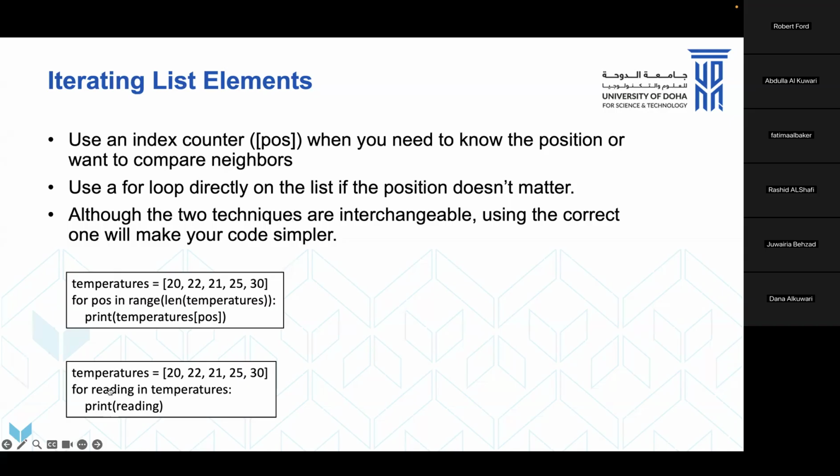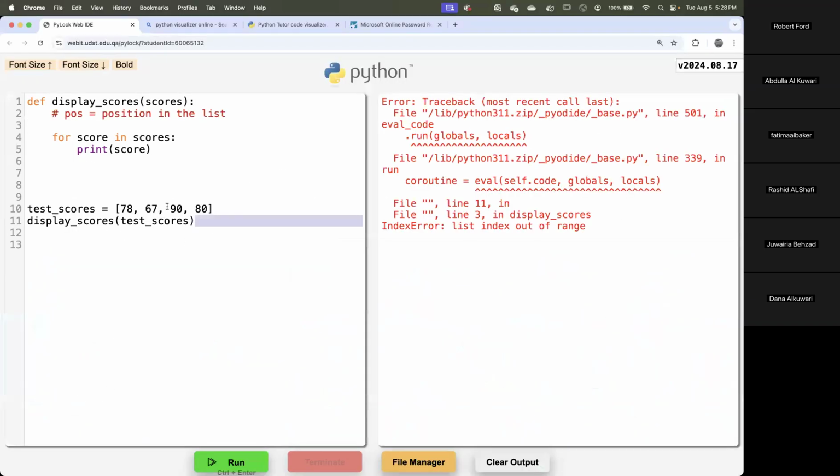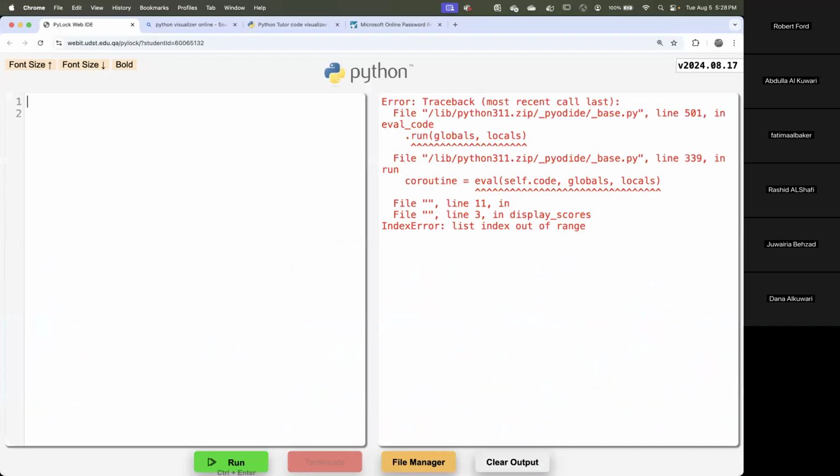All right, let's go back over to here because I've got a small program. Remember, yesterday, or I think it was 2 days ago, we wrote up a program where we asked the user to enter a bunch of temperatures and then we decided which temperatures were hot, which ones were not. Well, I'd like to modify the program just a little bit, and I'm going to take all of the temperature readings,